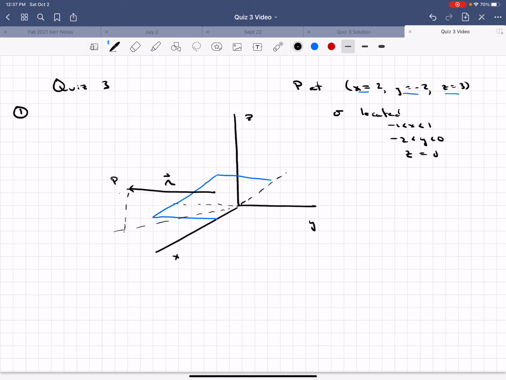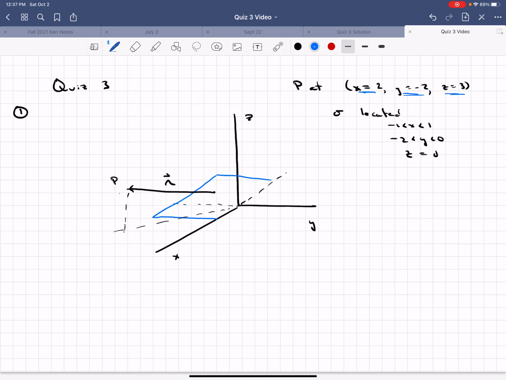So here we want to provide solutions to quiz number 3. And we're going to make 2 recordings, one for problem 1 and one for problem 2. So in problem 1, we have this point P, which is at these positions x equals 2, y equals -2,